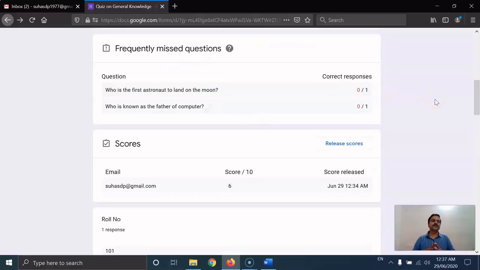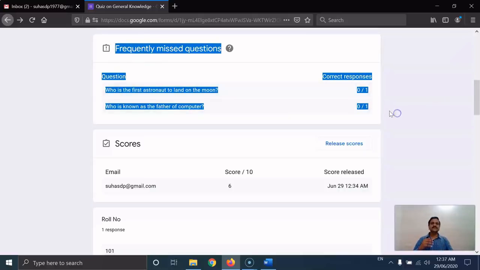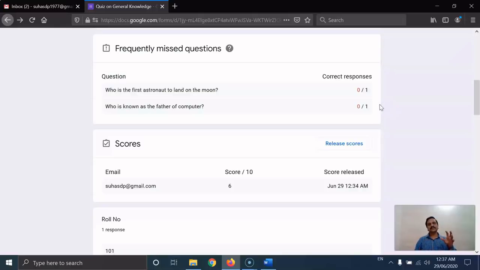One beauty of Google quizzes is that let's say I have given some 50 questions based on some five topics. And this particular section of the Google quiz mentions that, let's say there are some 20 students in my class, and out of 20 students, some 12 students have frequently missed the questions related to two topics. Then here I can easily understand that the learners are weak in these two topics and I should concentrate more on these two topics.